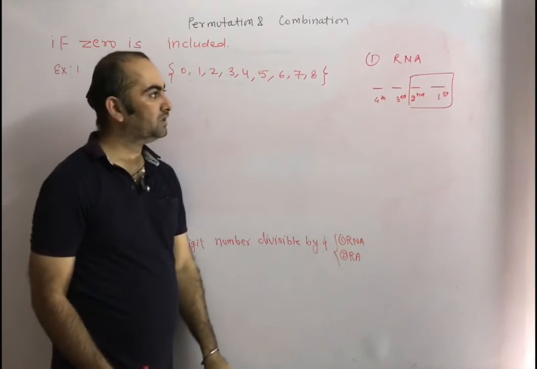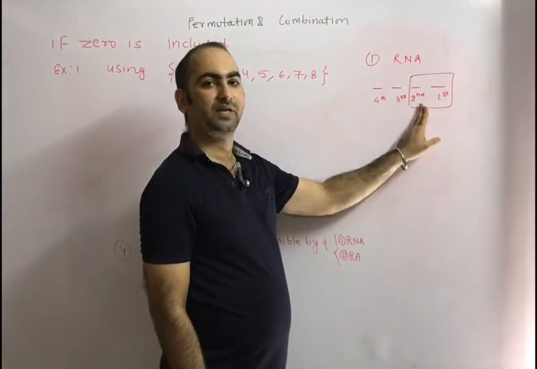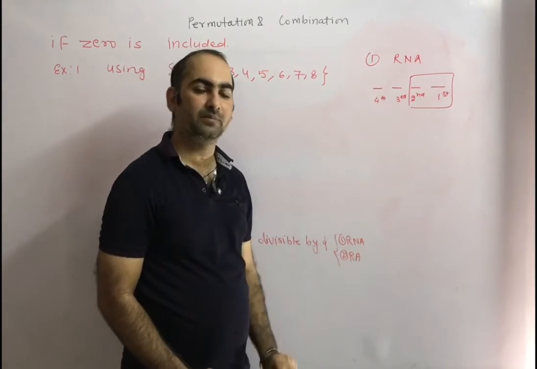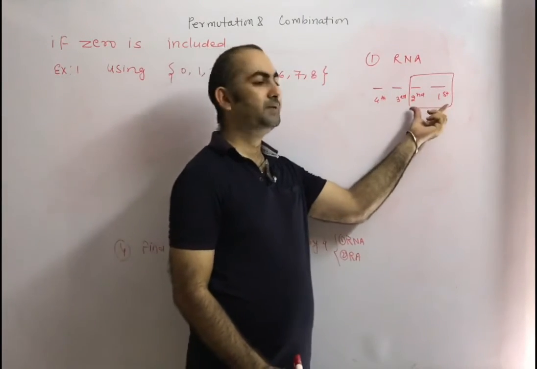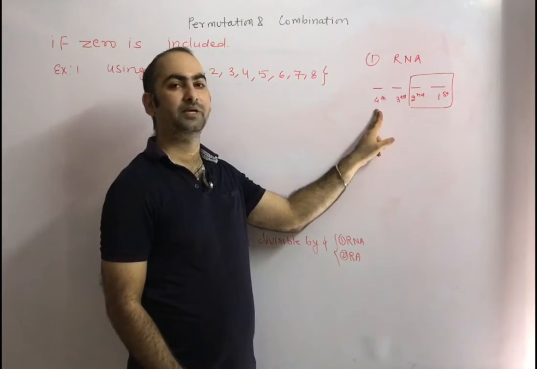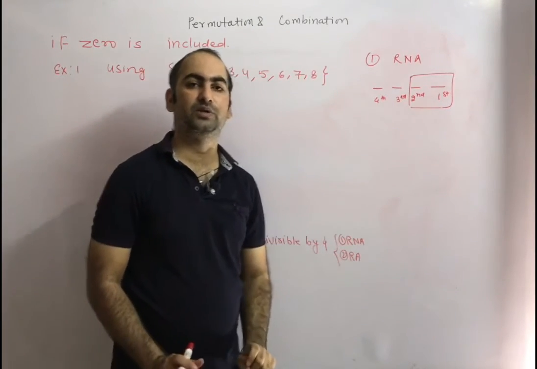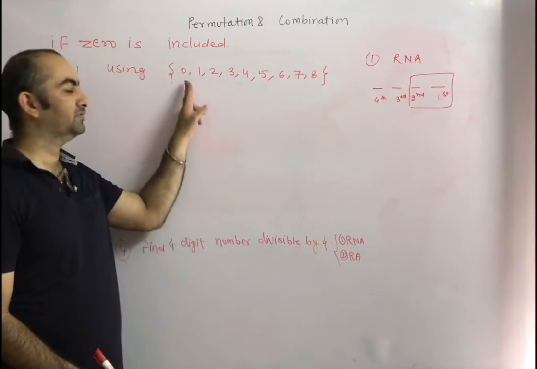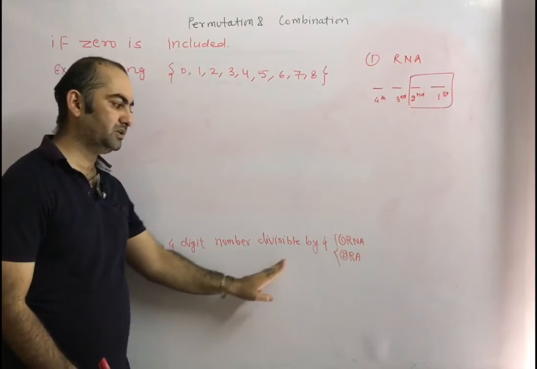Okay, now if out of the first and second place any place is 0, that means at the fourth place we can put any number. But if these two places are non-zero, that means you have to take care of the fourth place because 0 can't come here. Okay, so here we have to make two cases. Correct? Because there are two conditions. One condition is what, we have to take care of 0. Second condition is what, the number should be divisible by 4.